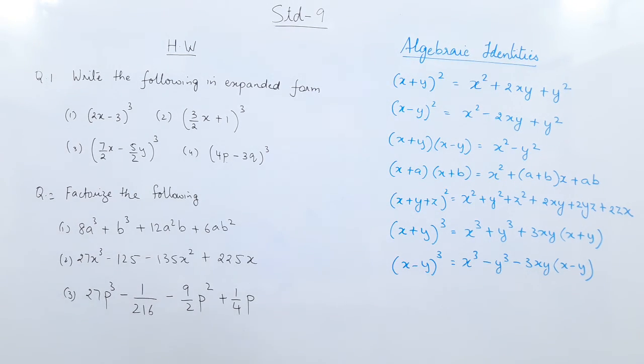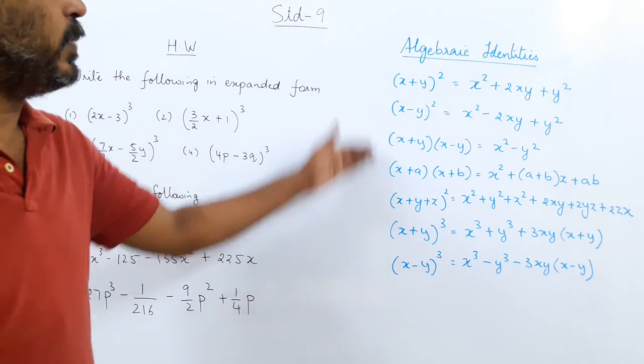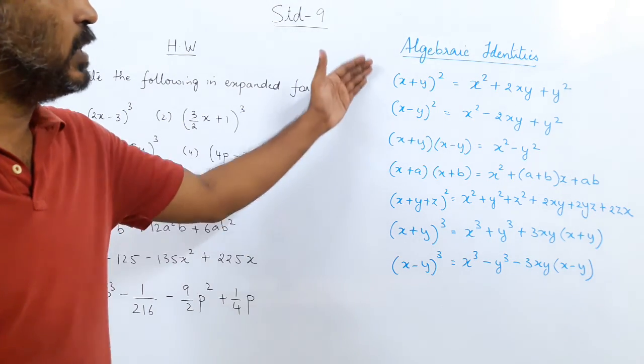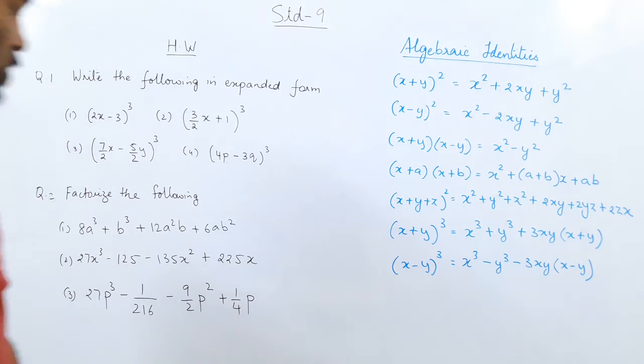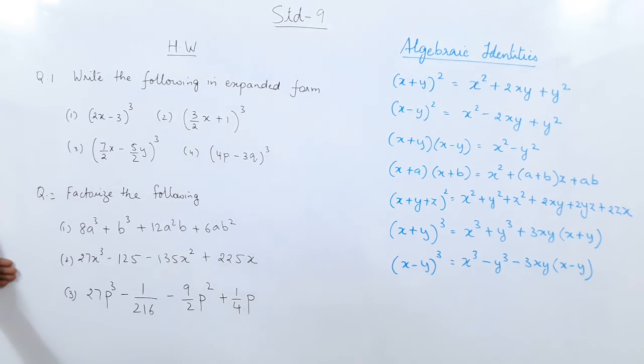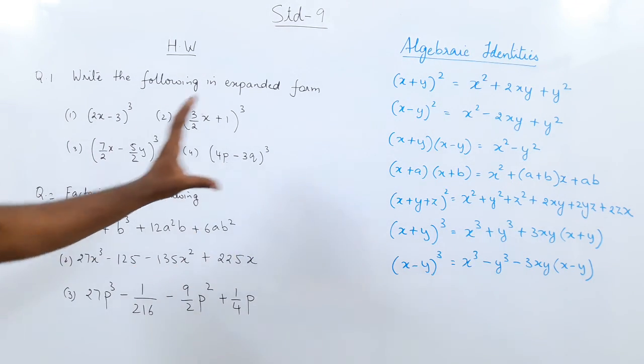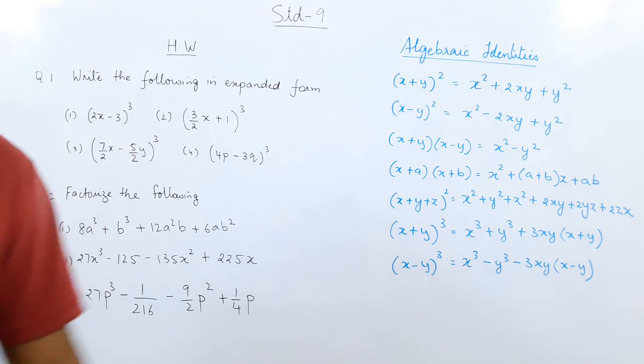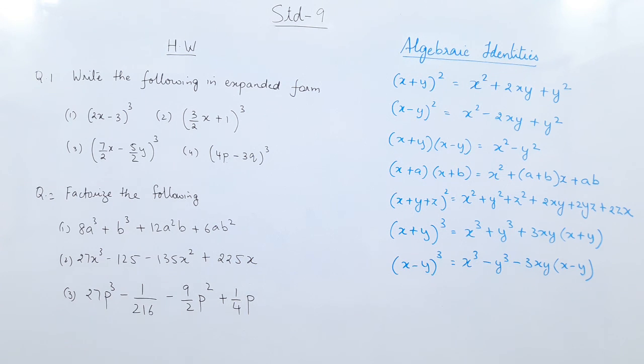I am going slow. Each identity, keep on repeating till you are very firm with the identity, and we'll try to find out multiple uses of this identity. Okay? So today you have got this homework. Very little homework and very little thing to do. Only two formulas to be derived, verified and used. Okay? So I'm going to end here, and I hope that you are going to practice it very well. Thank you.